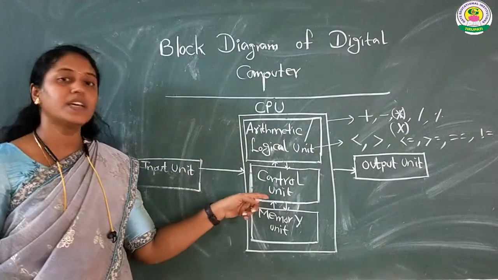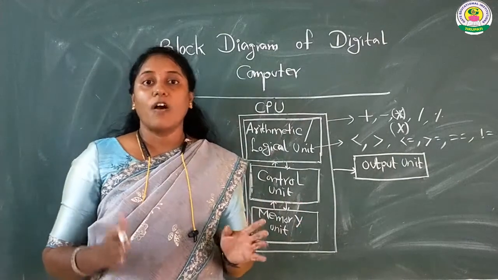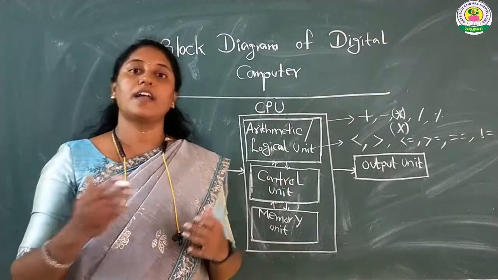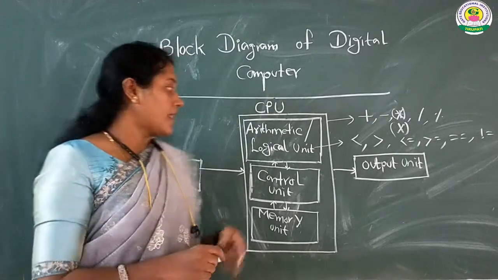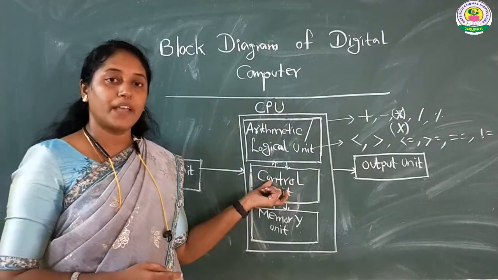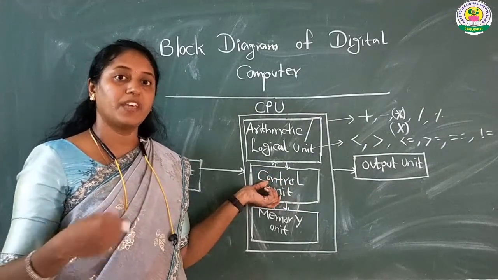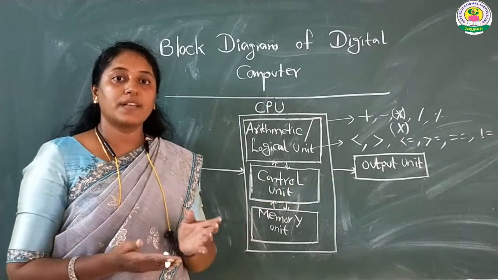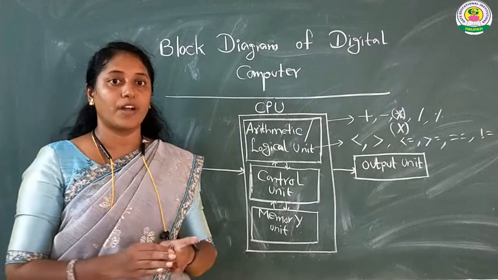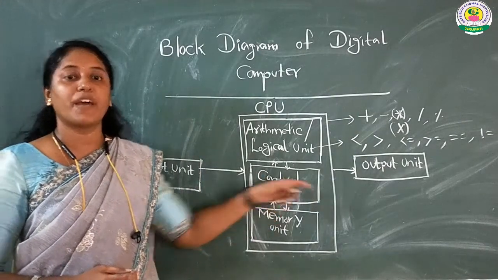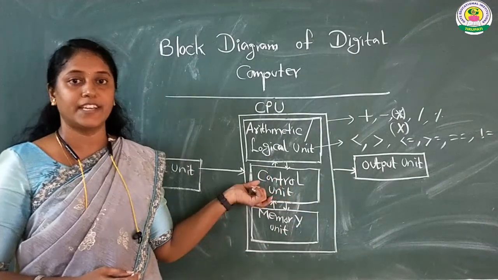Okay, next comes the control unit. This control unit collaborates all the other components of a computer, monitoring and controlling all the functionalities of the computer. And by using the control unit, it fetches the information from the memory, performs some execution, and passes data to or from the arithmetic logic unit for performing different kinds of calculations. This is the actual functionality done by the control unit here.